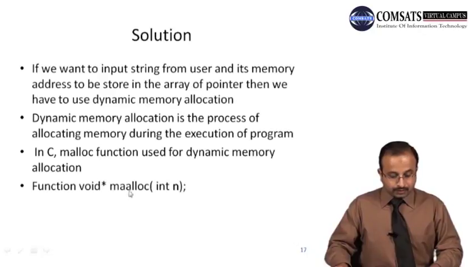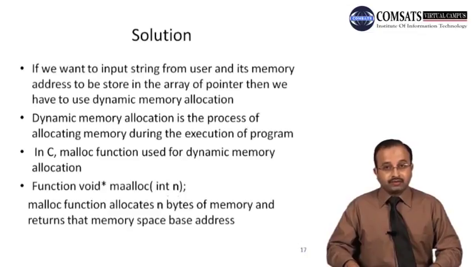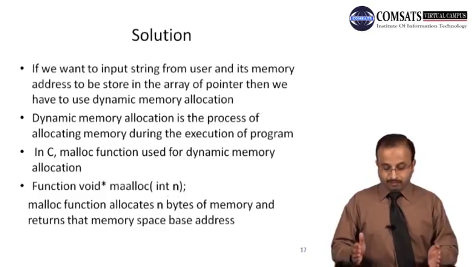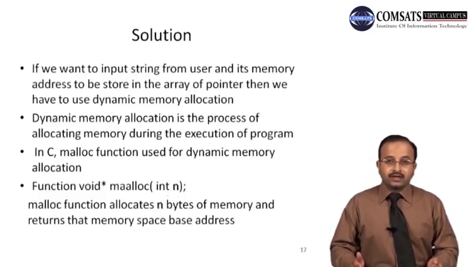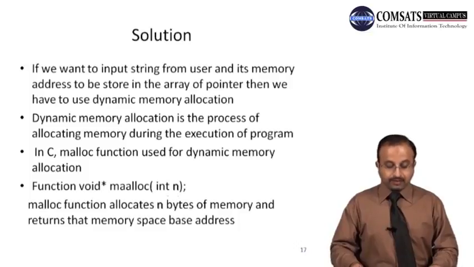And sorry, there is a spelling mistake. This is with a single a. This malloc is with a single a, malloc integer n. Now malloc function allocates n bytes of memory. So n is the number of bytes you provide it as a parameter, and it returns that memory space's base address. So अगर हम n में लिखते हैं 100, so it allocates 100 bytes in memory. Allocate किस तरह करेगा? Operating system से request करेगा, operating system memory allocate करने के बाद, so that is called a graceful way